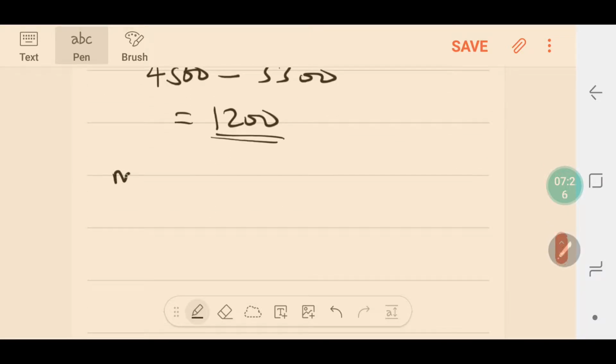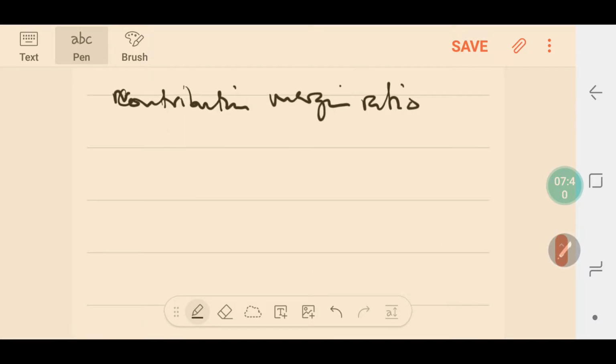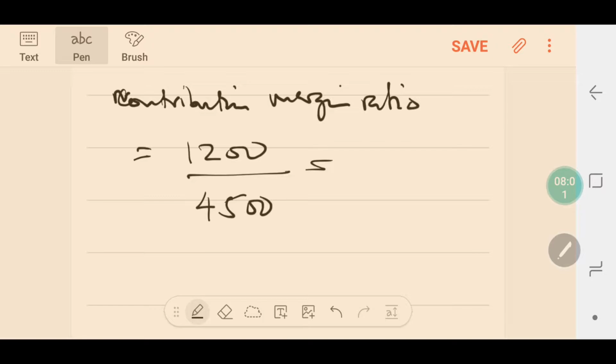So contribution margin ratio, considering the increase of variable cost per unit by 600, will be equal to 1,200 over 4,500, which will give us, let's put it in the calculator, 1,200 divided by 4,500 gives us 0.267. Okay,